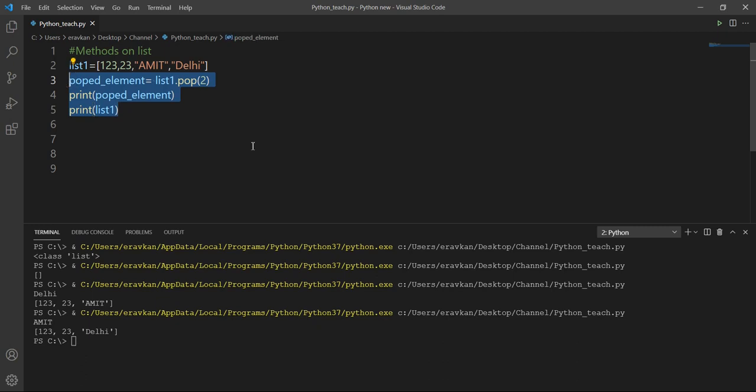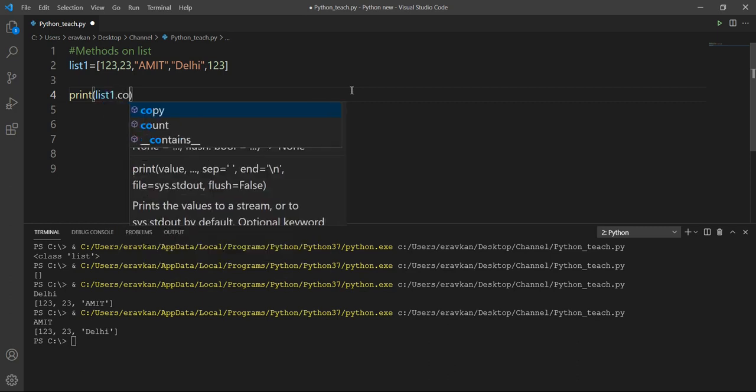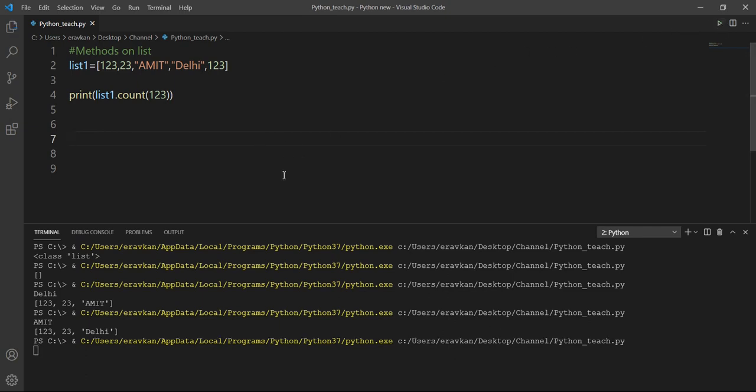One more thing. Suppose I have one more element, and now I want to count how many times a particular element occurs in my list. Then I have list one dot count, and the element you want to count, say 23.